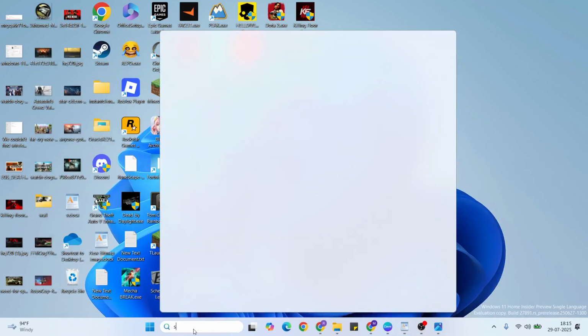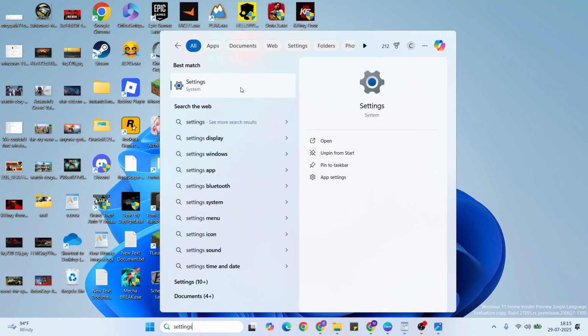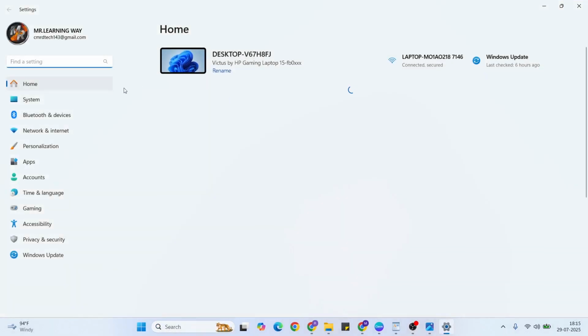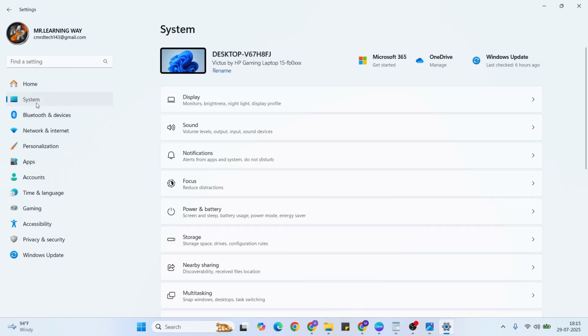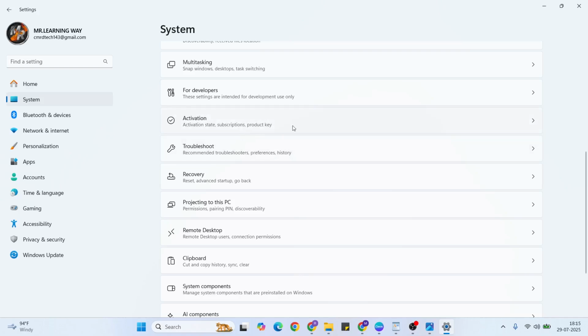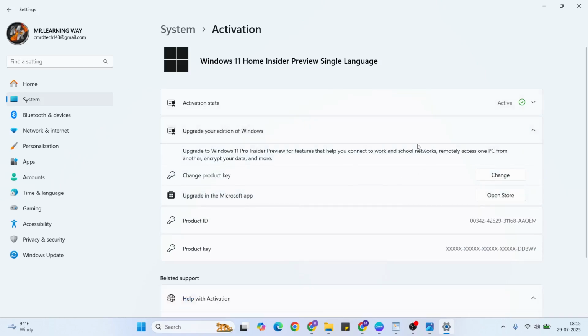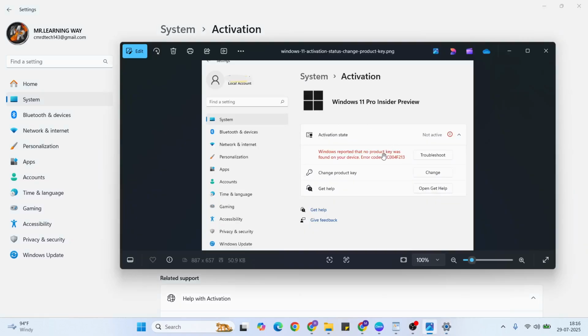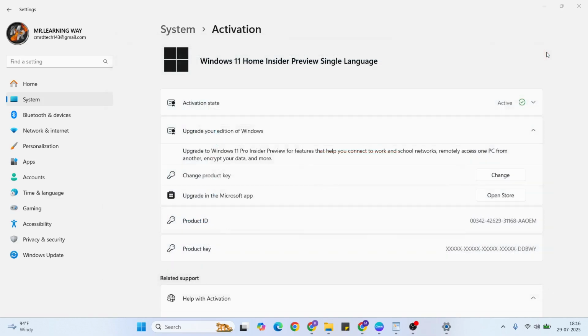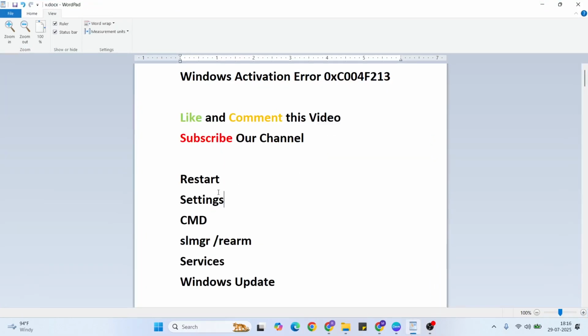Go to settings and open it. Then select System, scroll down, and select Activation. If it is already activated, fine, but if you do not have it activated, then there is a troubleshoot option in the activation place. Click for the troubleshoot. After a few minutes' wait, the troubleshoot finishes, then your problem is fixed. Sometimes this finishes easily, sometimes it is not working. Only then go to the next method, the command